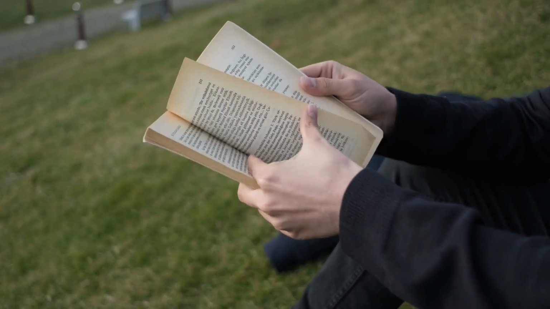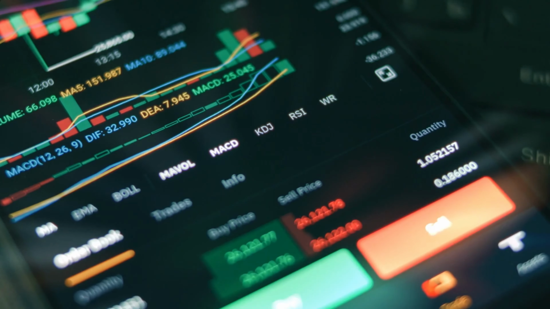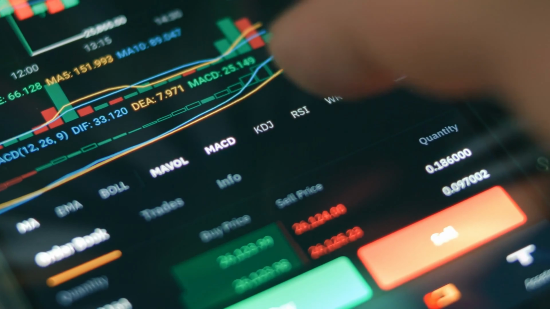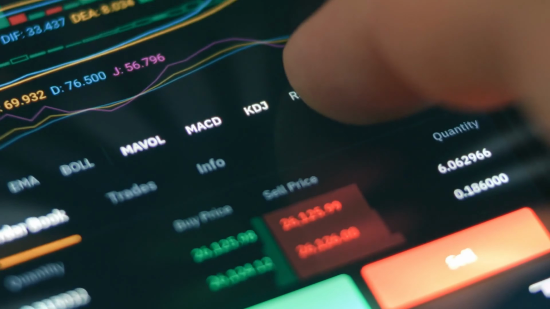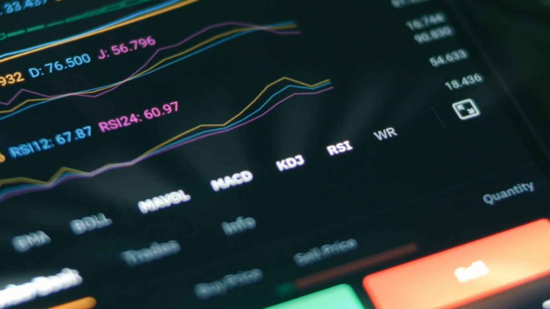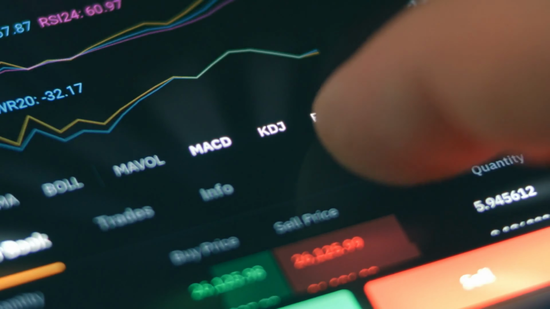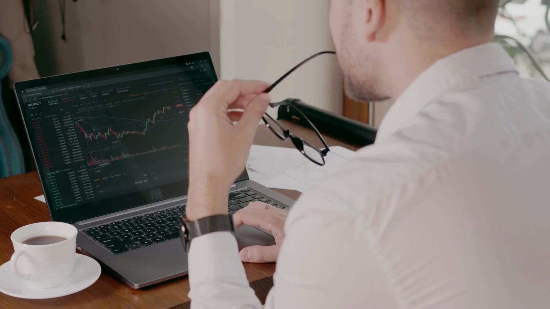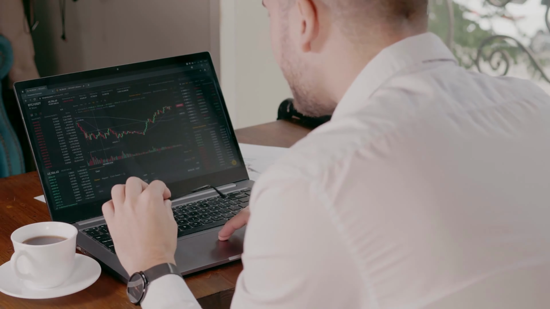The takeaway? This isn't just a hammer. It's a story of sellers trying to crush the market and buyers stepping in at the right time. That's how real traders think. Not just seeing candles, but understanding what the market is trying to say. This book doesn't teach you to enter on candle number 3. It trains you to look at the chart and say, I understand what's happening here, and I know how I